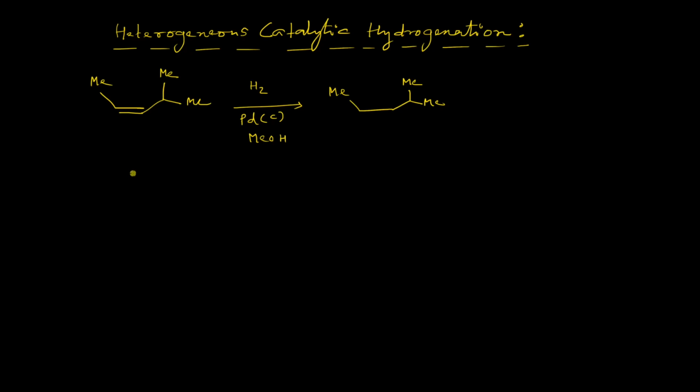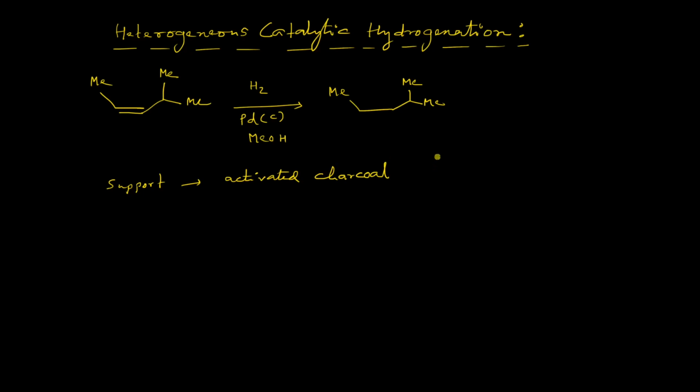The main important thing about heterogeneous catalysts is that the catalysts are immobilized on a solid surface, which is often called a support. In this case the support is activated charcoal. The role of a support is to provide maximum exposure of the transition metal catalyst to the reacting molecules, and thereby maximum catalytic efficiency is utilized during the reaction.